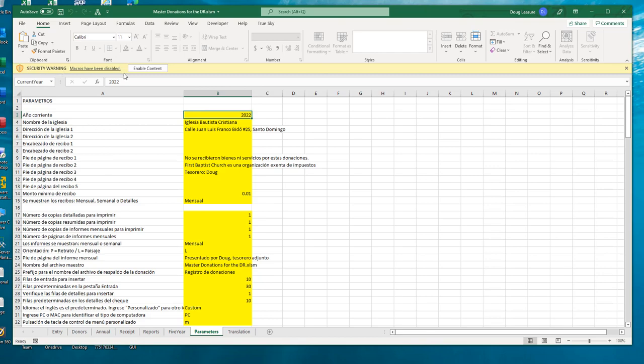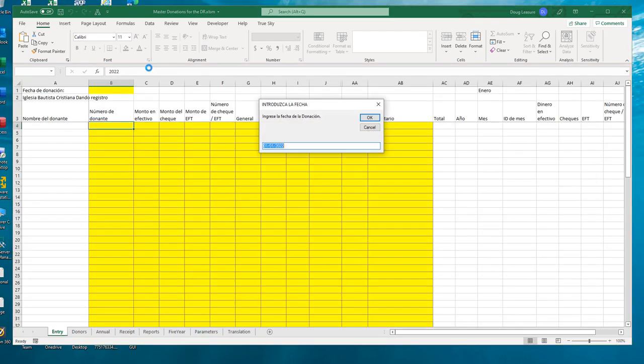Okay, and there's the security warning. So we want to enable content,